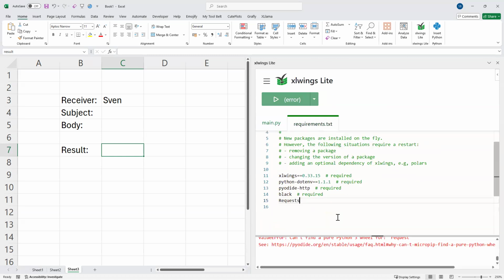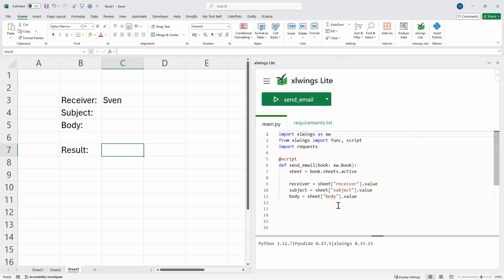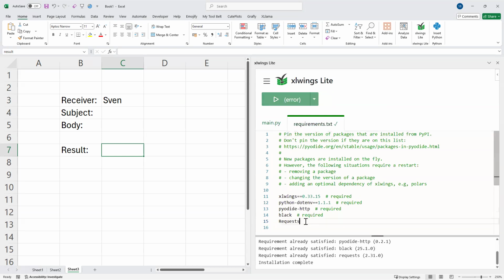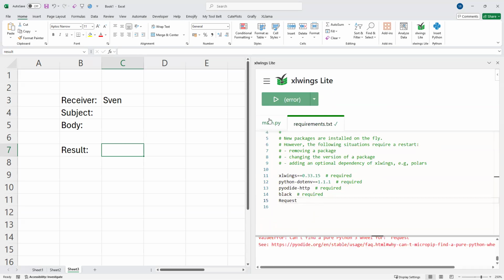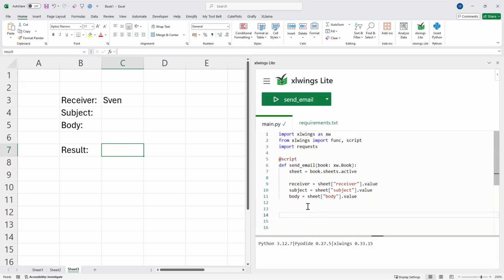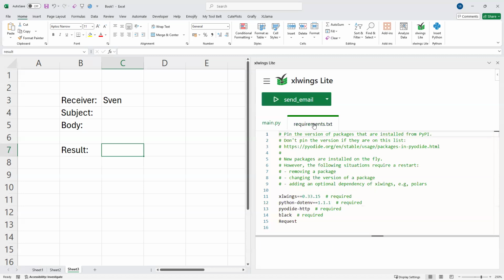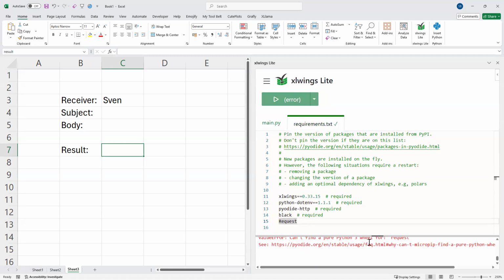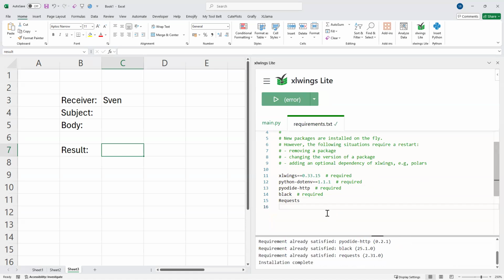Ah, the S is missing here. Okay, now it looks good. So you have seen I was missing the S, for example, in here. And the good thing, you will automatically see there's an error indicated if I'm missing it. So that's the reason I was a little bit confused here, but now you can see it installed the